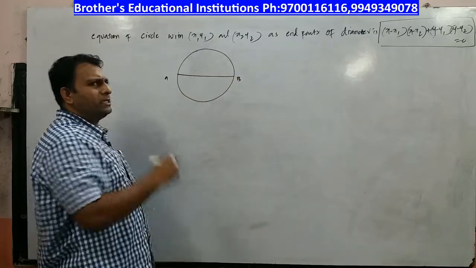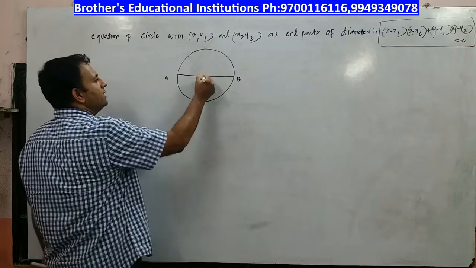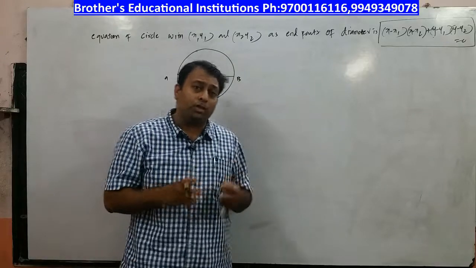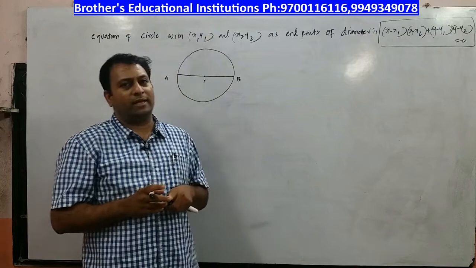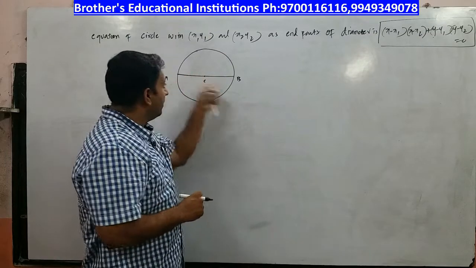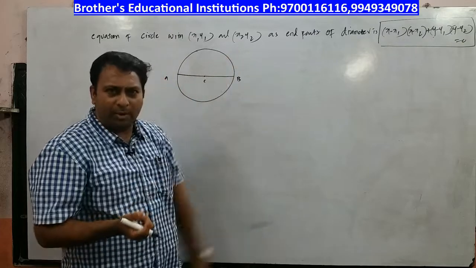Now how can you say it is a diameter? I must mention that this is the center, passing through center. Always remember, diameter is the biggest chord which passes through center. And how many such diameters you can draw? Infinite diameters can be drawn. This is one diameter, second, third, fourth. Many diameters can be drawn.